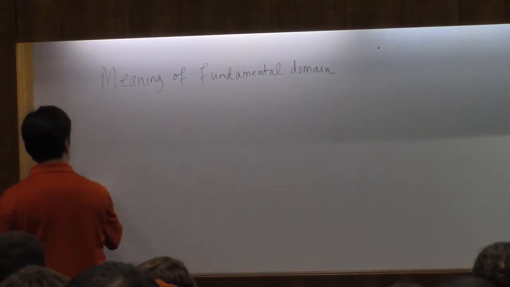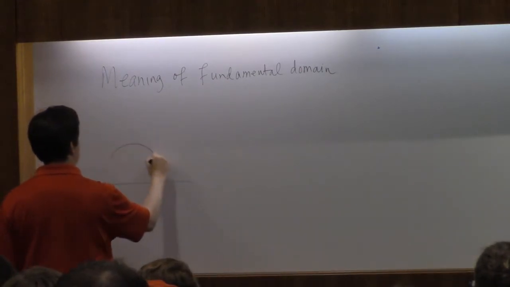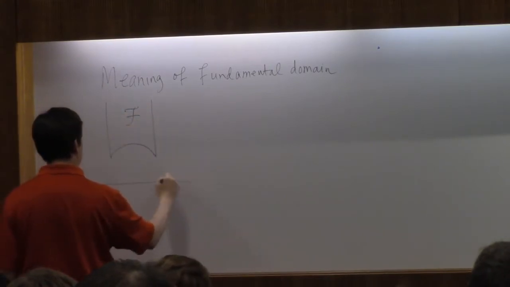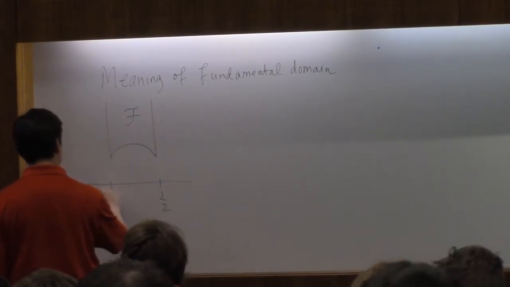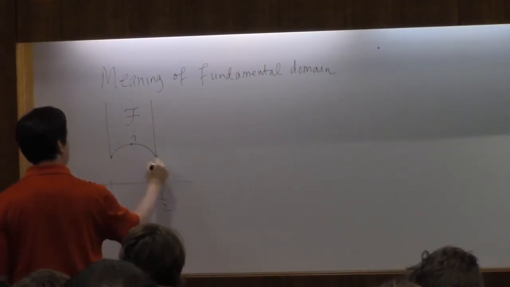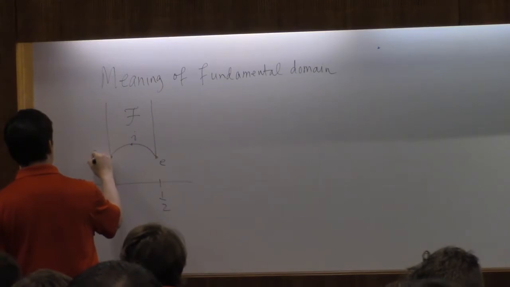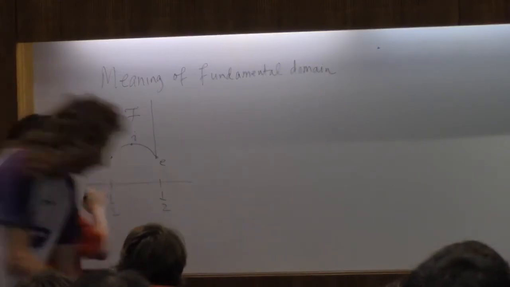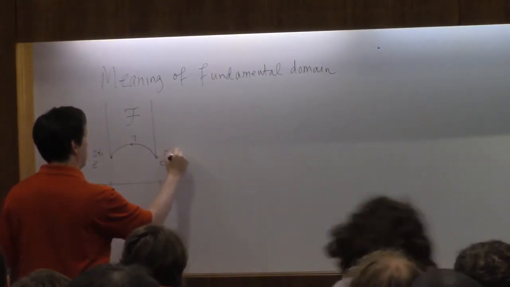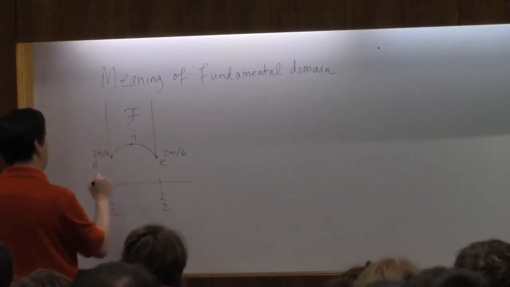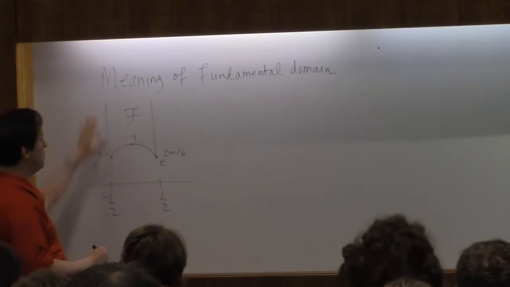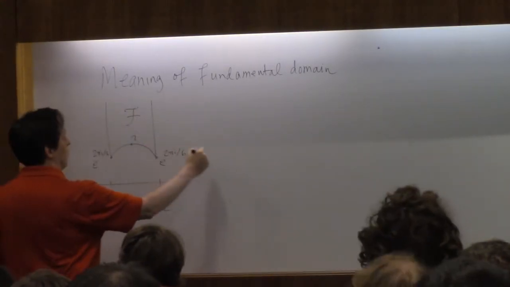I had said that the fundamental domain for this is the unit circle. This is e to the 2 pi i over 6. This is e to the 2 pi i over 3. Minus a half to a half. So this is height root 3 over 2. So this is the fundamental domain